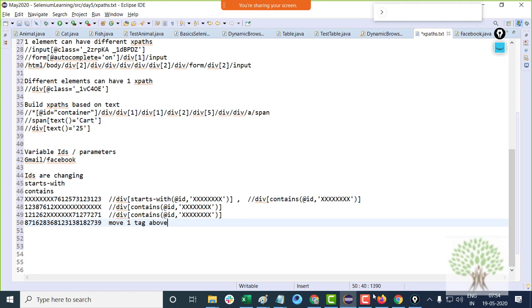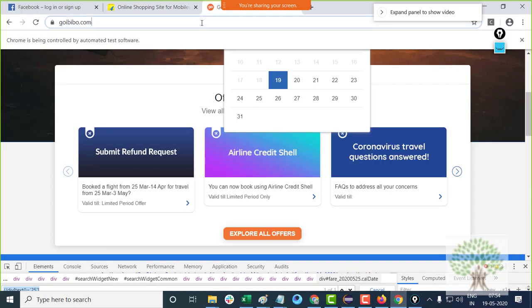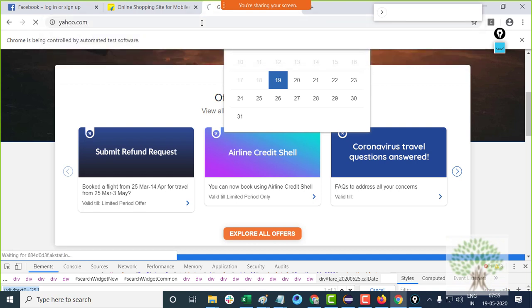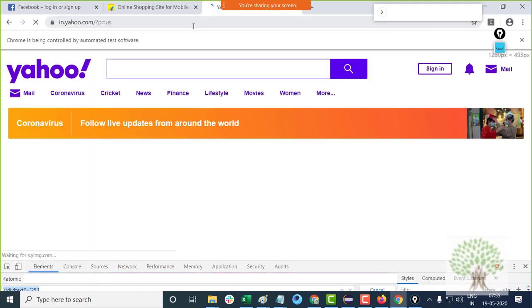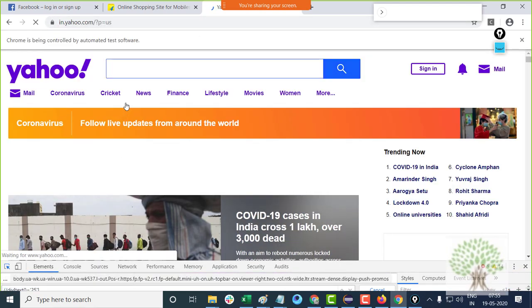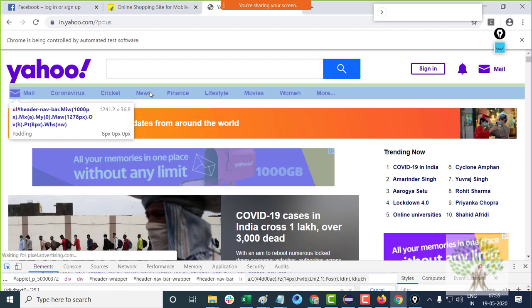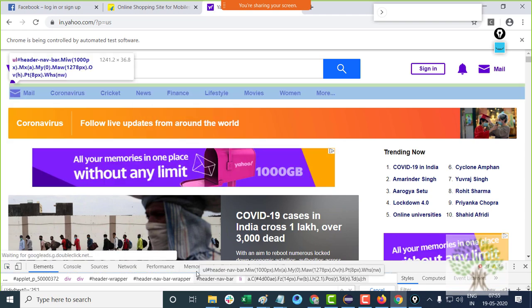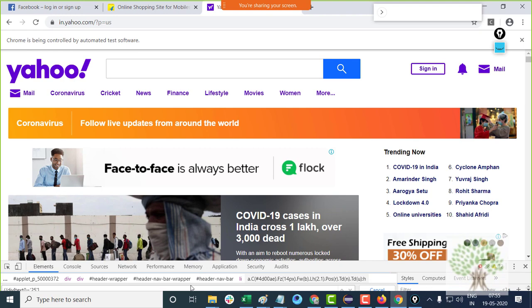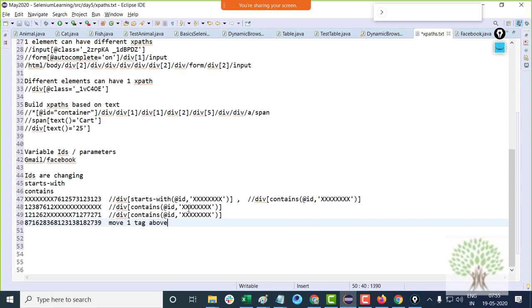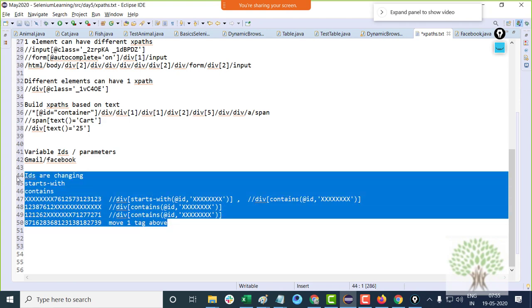Okay, earlier, I used to show this example. It was very easy on yahoo.com. On Yahoo the IDs were all varying, but now they have changed the code, so it's not varying. Okay, but yes, that's fine. Why do websites do this? Websites do this so that they can prevent the automation tools and the bots from coming and collecting the information. Okay, so that's the reason. Fine, but this is a very rare scenario.